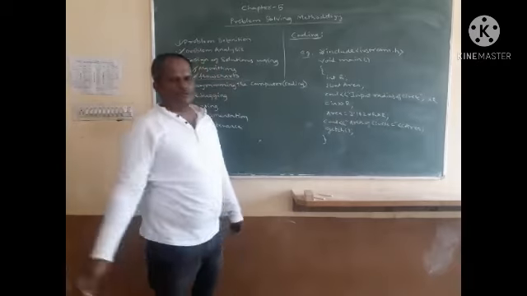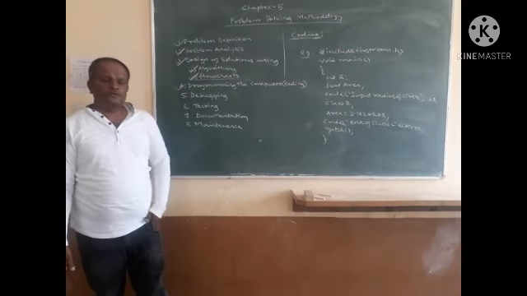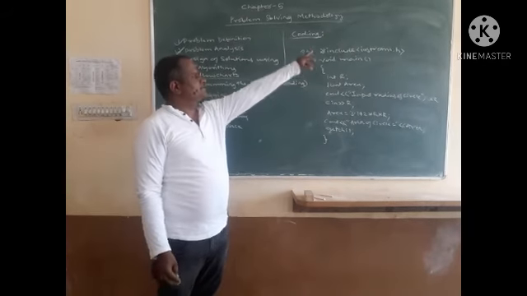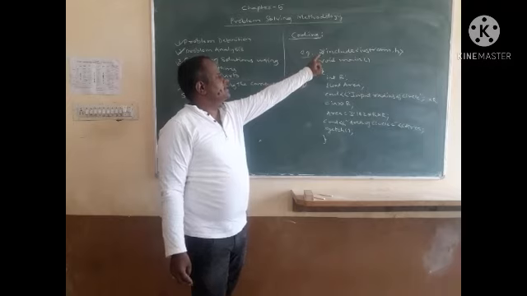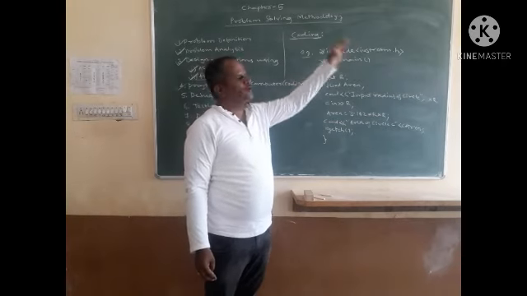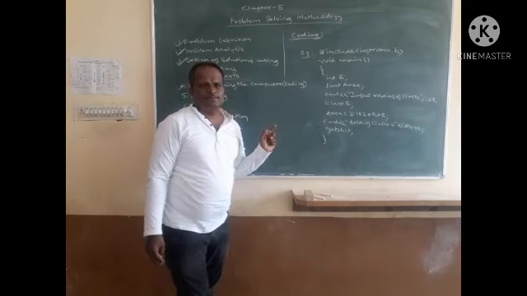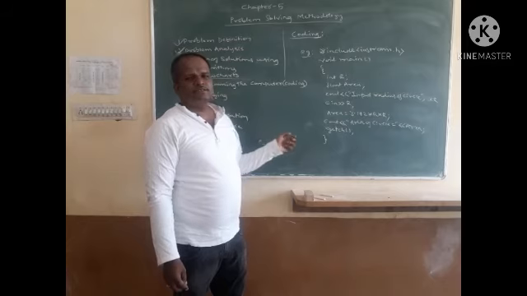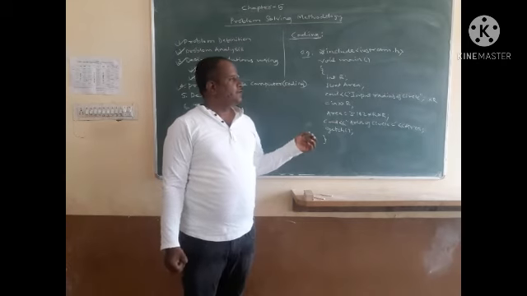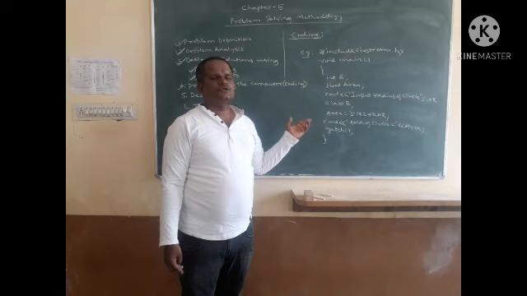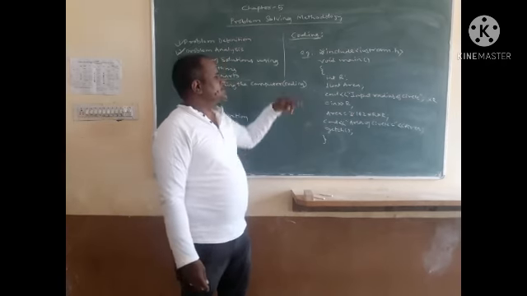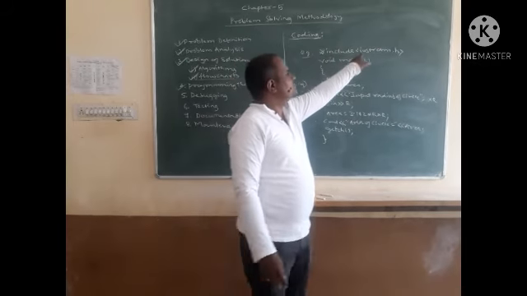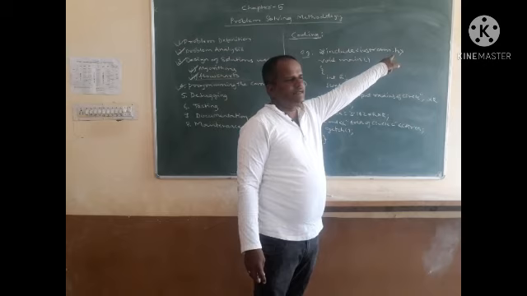So this is the simple code for finding the area of a circle, in which we have written the first step, which starts with hash include iostream.h, that is the header file or preprocessor directive. In more detail we will discuss this in our next chapter, while we are starting your introduction to C++. So here you just have to remember this is the header file. IO means input output, and stream dot h means the header file.